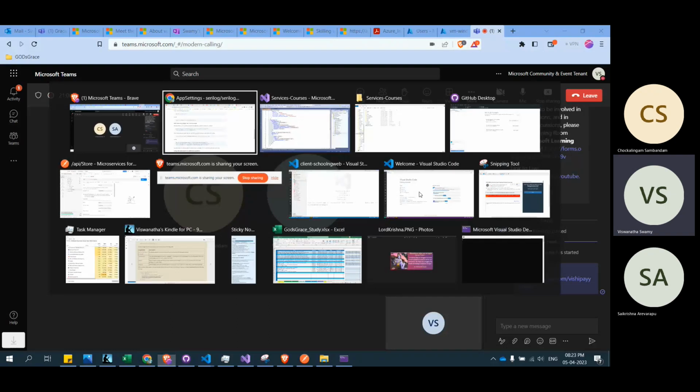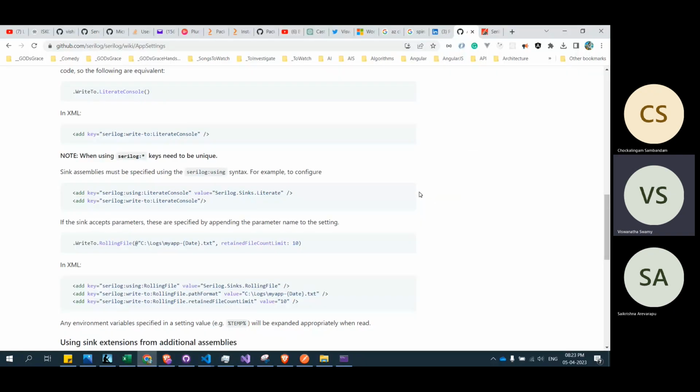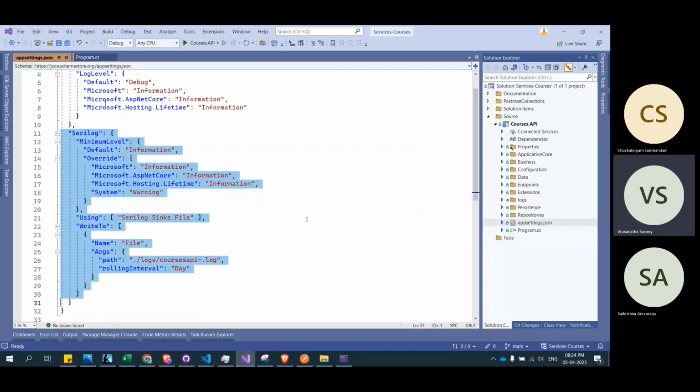If at all we are writing heavy logs that go into GBs and GBs of space or more MBs of space, what we can say is roll every 1 hour, like on this particular date, roll it every 1 hour. And if it is mid-level to small level, we can roll every 24 hours, like different dates. We'll see that in action in a minute. I think that is a decent introduction of what we are going to do. Let's see